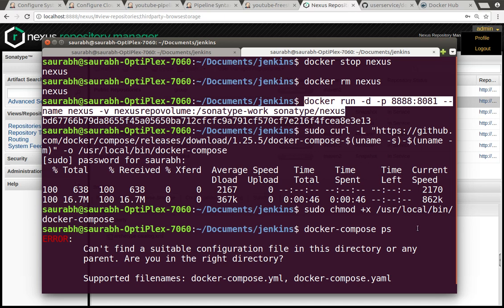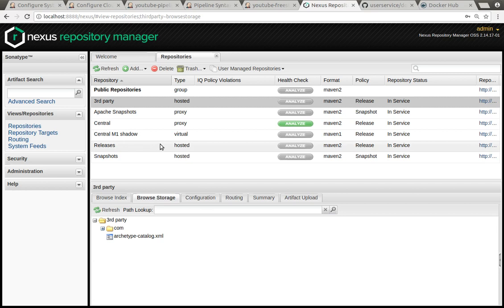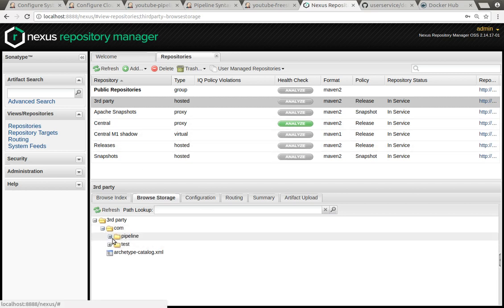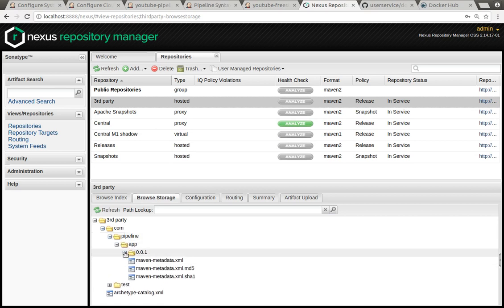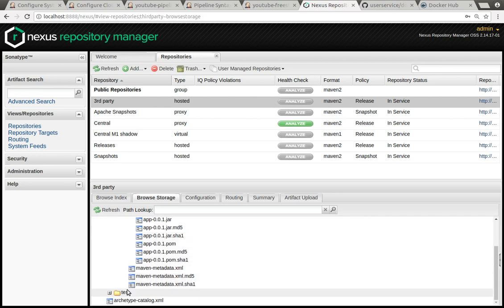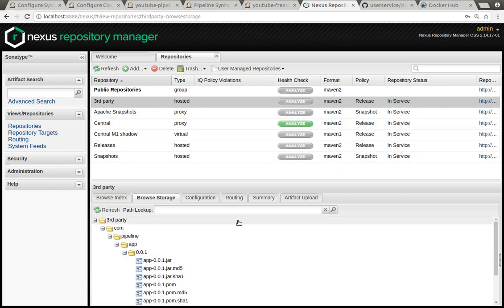So Nexus is basically for managing your repository. Whatever application you are building, like the application I'm building here is a jar file, it will maintain those jar files as part of this repository server. So whenever Jenkins builds those applications, after that it will push them to this Nexus repository server and store them inside some file system or directory structure, whichever we configure. So this is the Nexus repository server. This we have to configure.